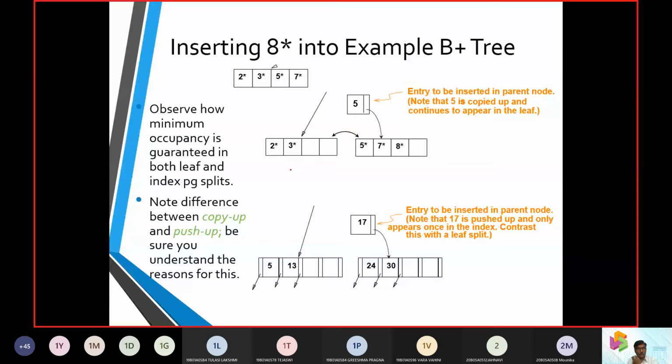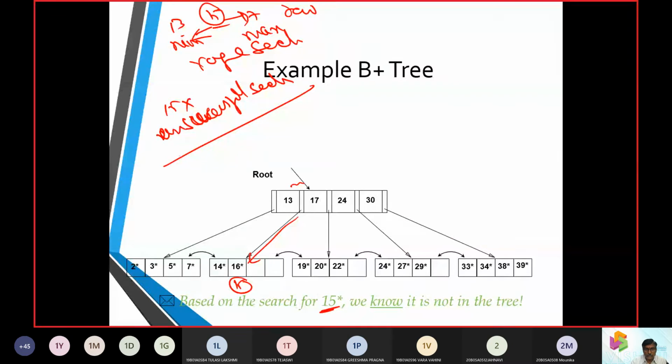Okay, now let us see another example here. In this example, we need to insert the node 8 into the tree. So let us look into the previous block.